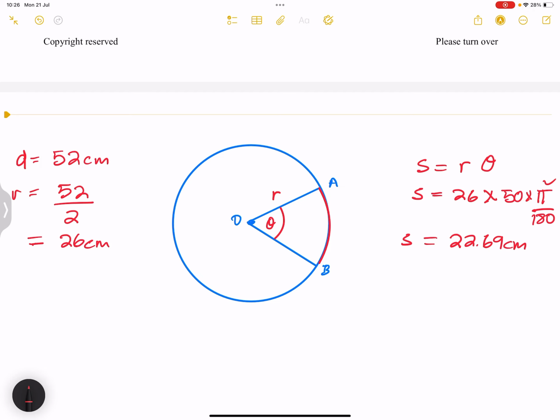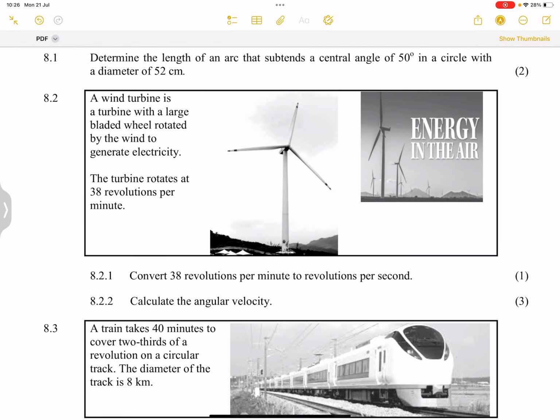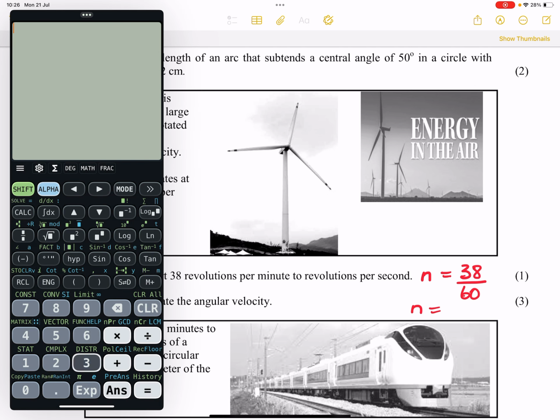All right, let's go on to the next question. They say to us, convert revolutions per minute to revolutions per second. Now remember, there are 60 seconds in a minute. So to convert that, our n value is 38 revolutions per minute. We divide that by 60 to convert it to revolutions per second. That's 38 divided by 60, and that will give us